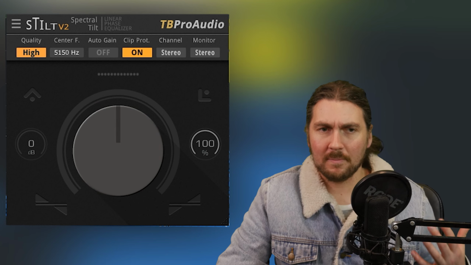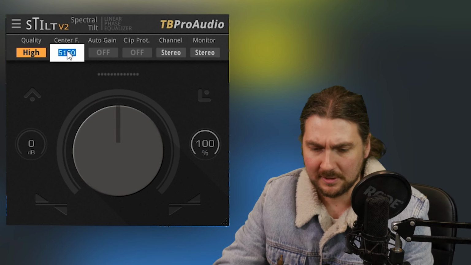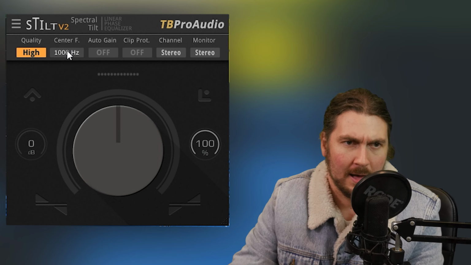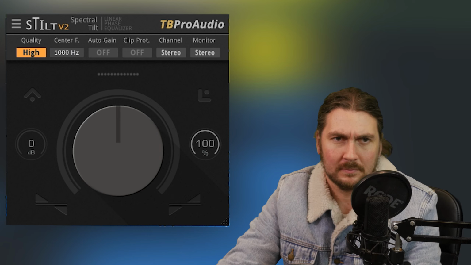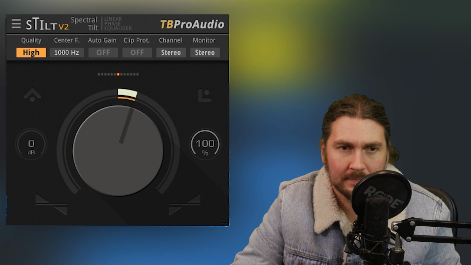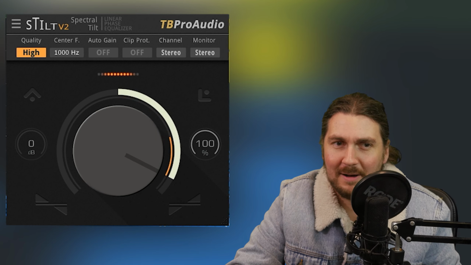So let's just listen to it on a mix so you can really hear what's going on. We're going to turn the limit protection off. I'm going to put the center frequency back to 1000 and just have a listen there. So as we go to the right, you hear treble going up, bass going down. As you go to the left,